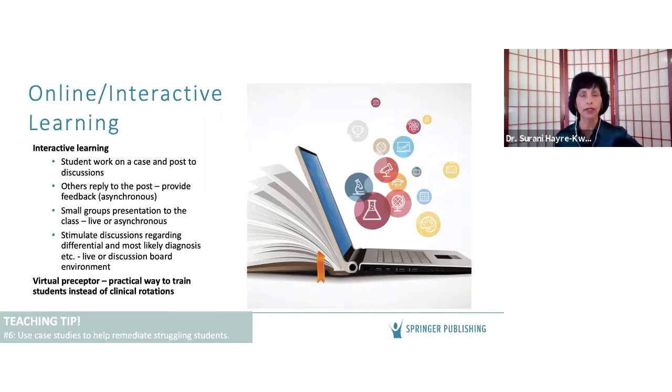So as mentioned before, you could actually prepare the students by having them deeply review 5, 10, 20 cases, and then during a synchronous session, have them actively talk about the case and how they would actually care for the patient. So that's one example of a way that this book could be used synchronously and asynchronously at the same time. It really does help the students think about the disease process and what they might do to treat this